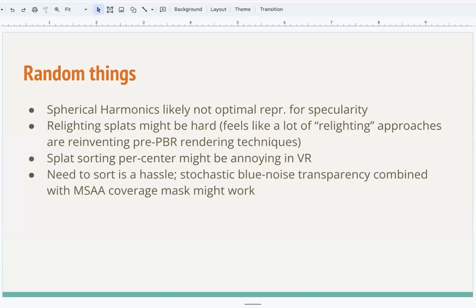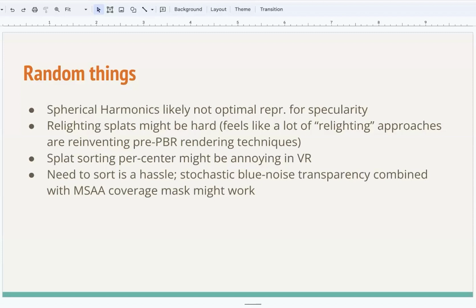And their relighting approaches in some cases smell a bit like that, where we have this baked lighting and then we add additional shadows on top of that, which, okay, maybe works in some cases, but it's definitely not physically based. There's a reason why movies moved to physically based lighting and games have largely moved to it, in that it's much more controllable and predictable and works in a much larger set of situations. So that's an open area of research, I guess, in how to do that properly.